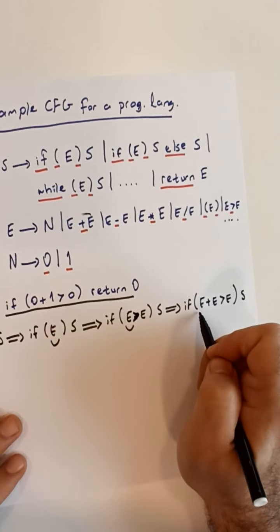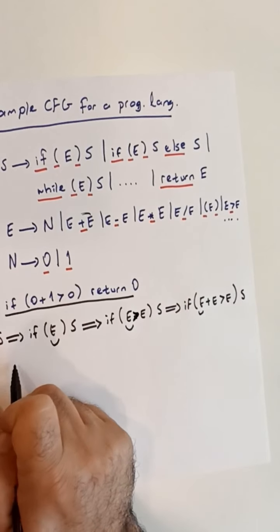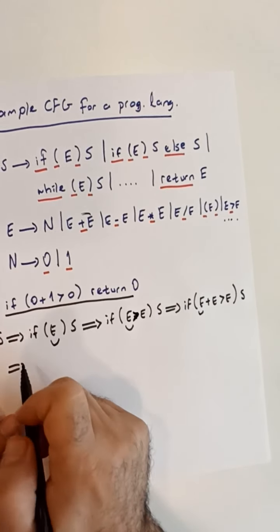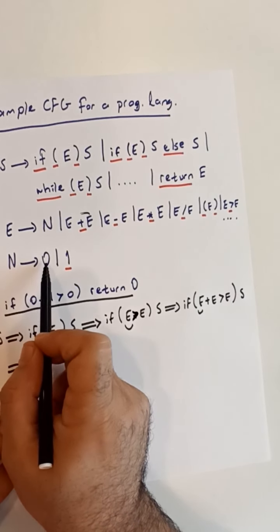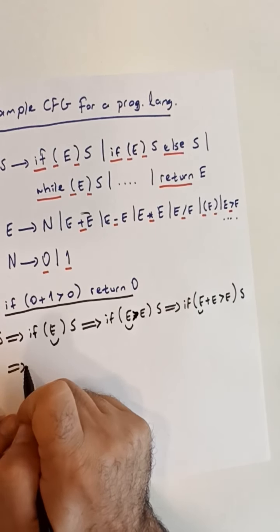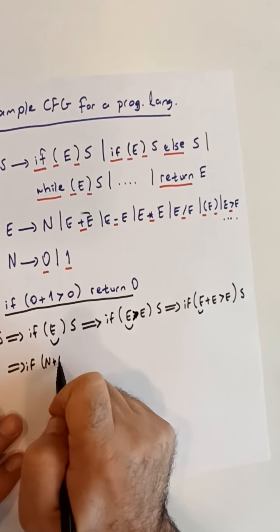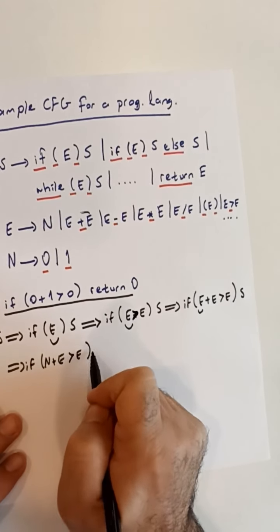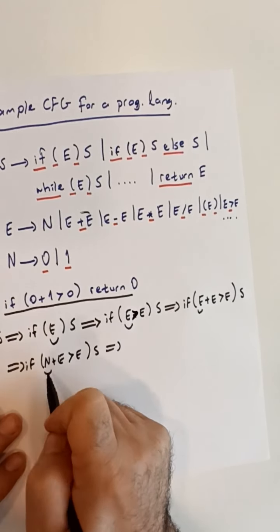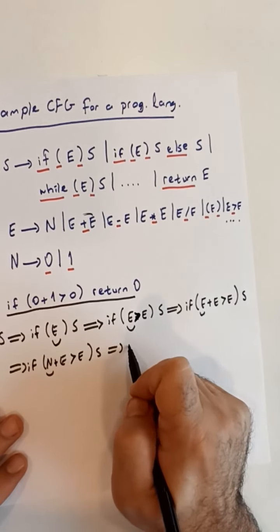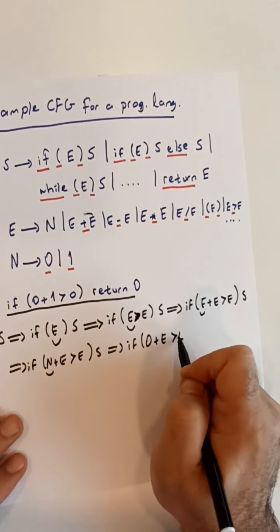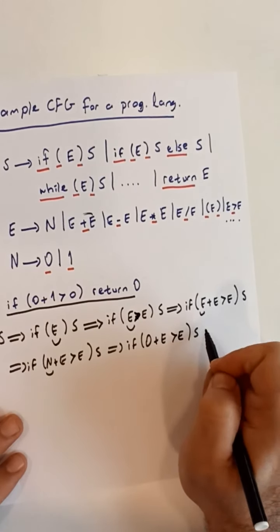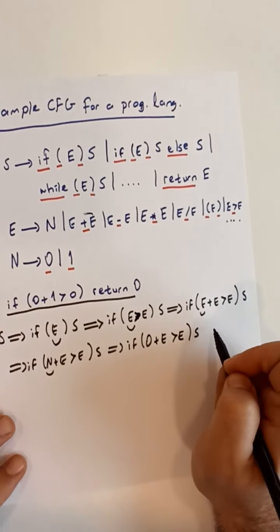For the next derivation step, to arrive at this e, we will expand e with simply being a number, which would be expanded with a 0. So if n plus e greater than e, and statement s, expand n with a 0. If 0 plus e greater than e, then s. And then for the next